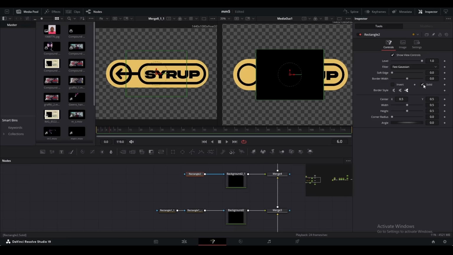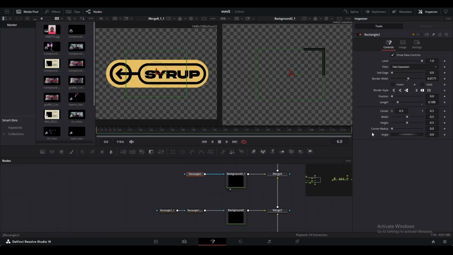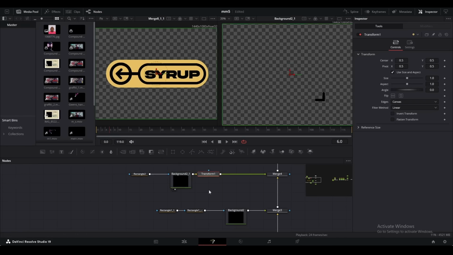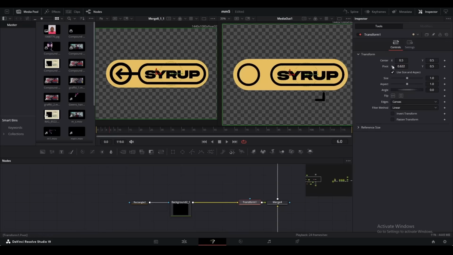Okay, so adding in another background and then adding in now a rectangle. We'll leave it as that, uncheck the solid and increase the border width. Then we're going to go over into length and decrease the size of that. And then if I just go ahead and only view this, I'm going to decrease it to somewhere like that will do, and then play around with the positioning so that it's just in the corner there. And then we're going to go ahead and make a transform and leave it as there for now. So now I'm going to go ahead and change our pivot point to be in the center there, and then just rotating it